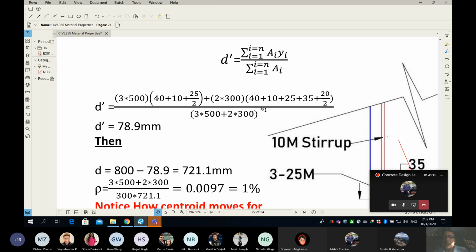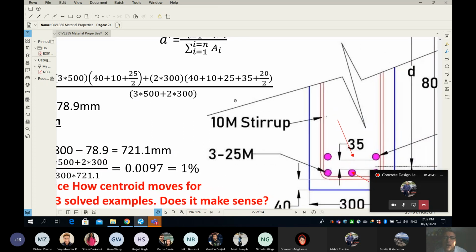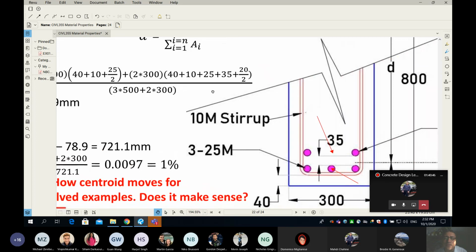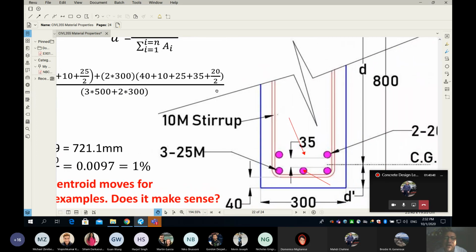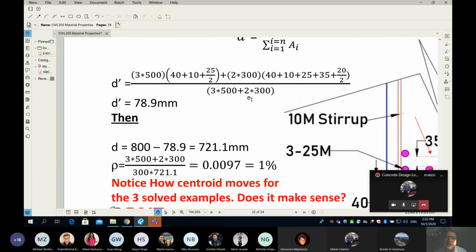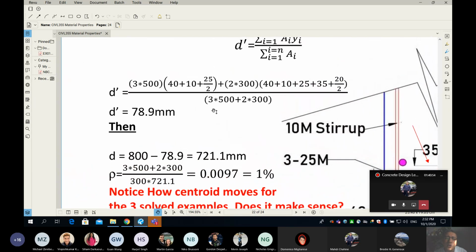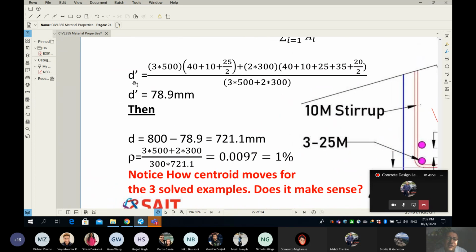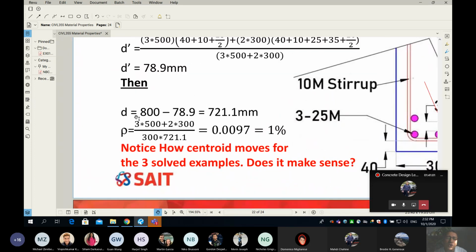It's 40 cover plus 10, which is the stirrup, and then plus one whole bar, which is 25M, and the spacing, and then half of the bar diameter of the second layer. Okay, and then finally you divide by the sum of the areas, which is 3 25M plus 2 20M. Then finally you get this D prime, and here we go, your D is equal to your H minus D prime. And then you're also able to find the rho, which is the reinforcement ratio, by